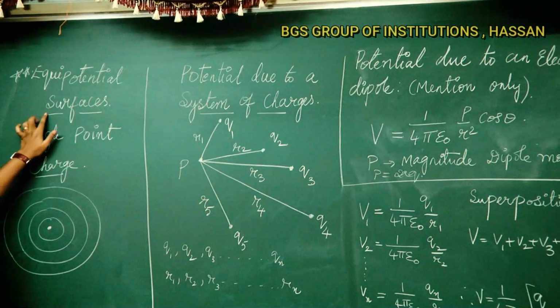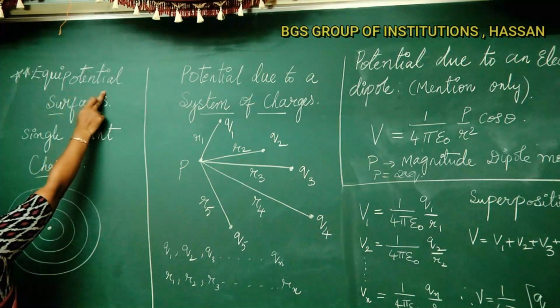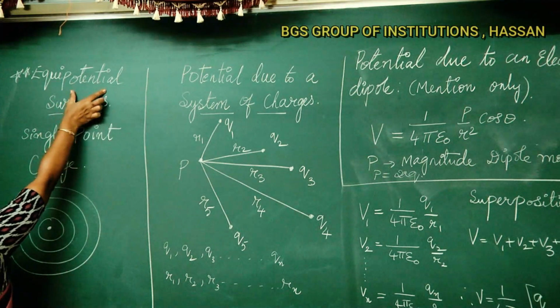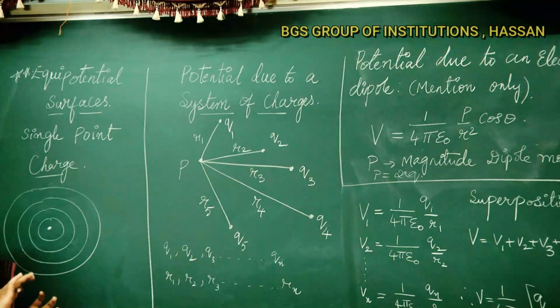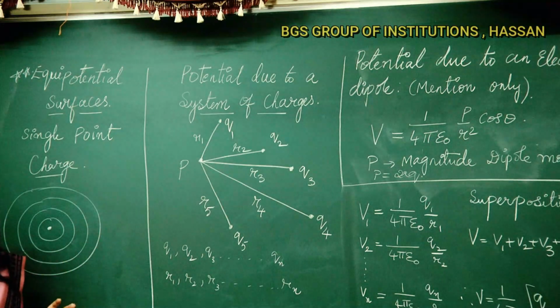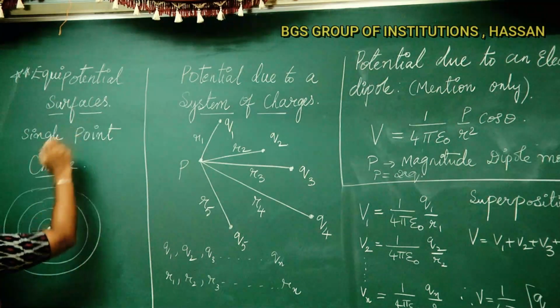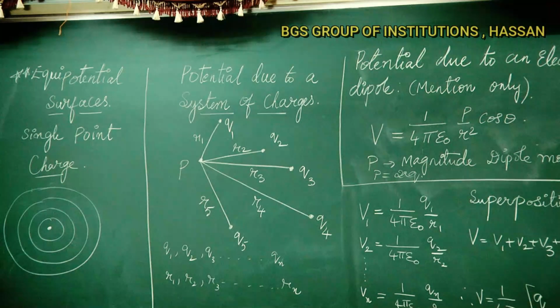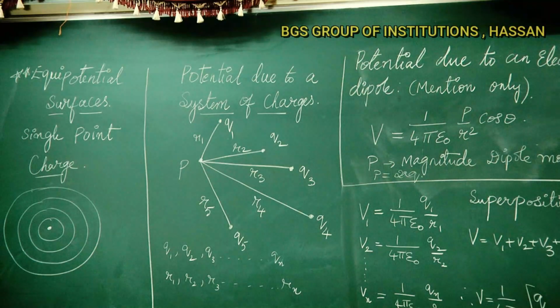So first we should learn what is the definition of equipotential surfaces. As the name itself indicates, equipotential means that the potential over a charged surface is equal, that is, it is constant. If the surface has constant potential throughout, then that conductor or that surface is called an equipotential surface. Okay. Now, what are the questions you may get related to equipotential surface, such as what is the potential difference?